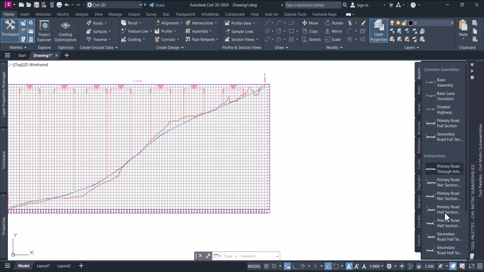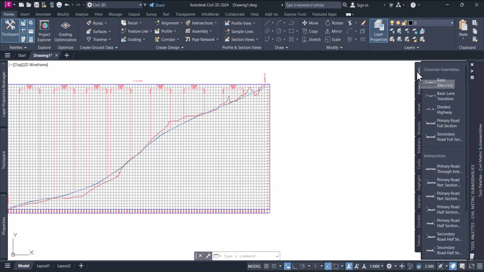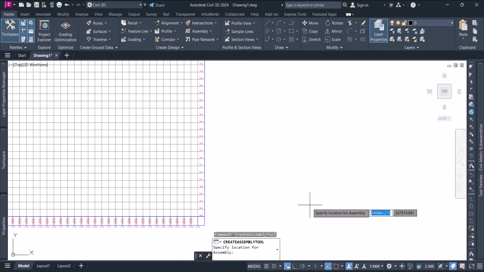These are the default assemblies. You can create your own assembly as well. In the later tutorials, I will show you how to create your own assembly. For this, we will choose a default one, the basic one. Okay, just choose Basic and place it somewhere here so that it's easy for me to find,